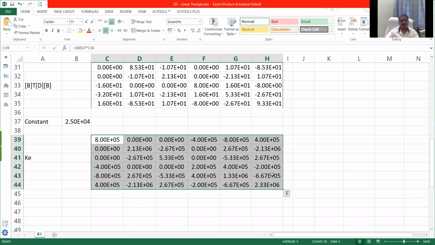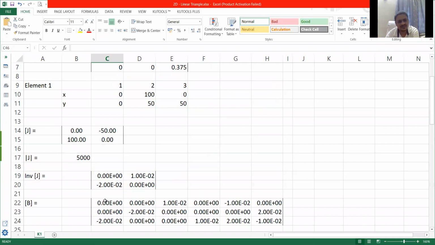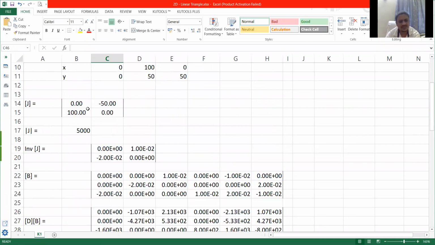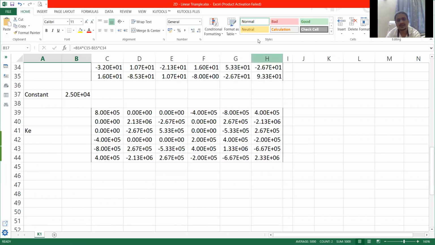Once the elemental K matrix is generated, we have to go for the K matrix for other elements also, and then we can generate the assembly of these matrices so that we can get the K global. The loading part will remain the same, and the solution part will remain the same, and finally we can solve this and get the solution. So there is only a slight difference. The only new thing is the J component, and the determinant of J is going to give you twice the area of the triangle. The rest of the process is exactly similar.